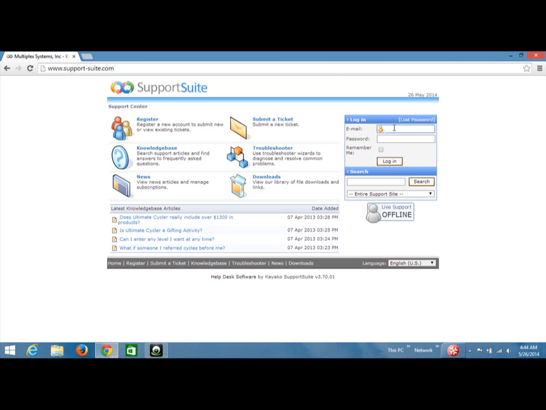I think they were Hangouts, but I'm going to go ahead and put my email in there, in other words, my account. And I'm going to go ahead and log into the support system and put the password in there. Okay, now before I hit enter and log into Support Suite,